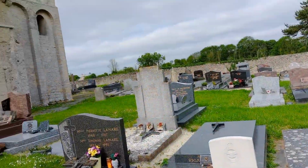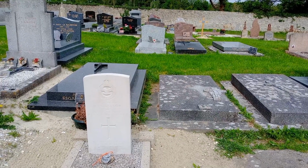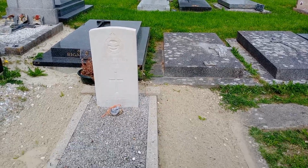Just in the little church in the village, there's some Commonwealth graves and we've got one here for Sergeant Barrow. He was only 21. He died on the 28th of November 1940. He was in the Royal Air Force. Oh,